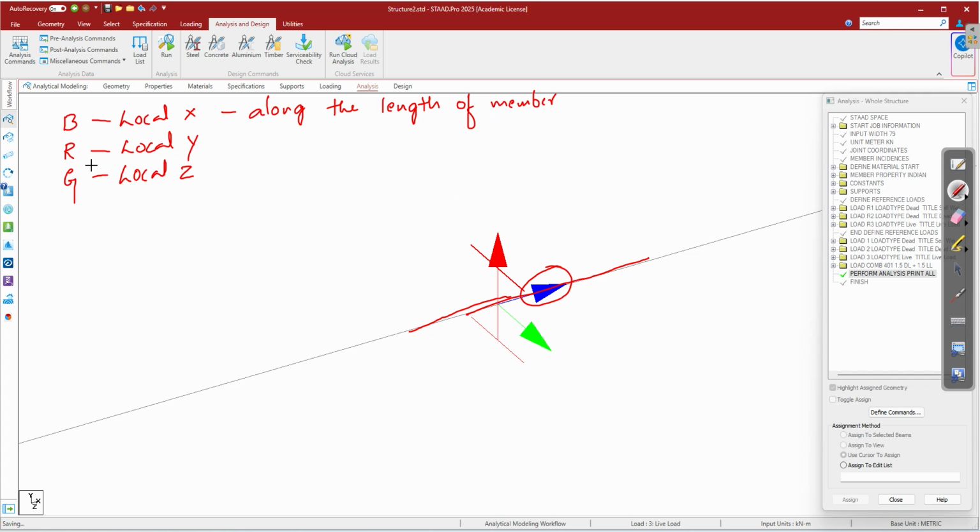Next, your red axis. I will try to use the same color. So blue, which is X, red, which is Y, and green is Z. So your y-axis is along the depth of member,